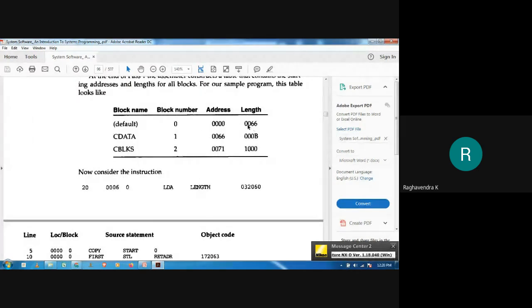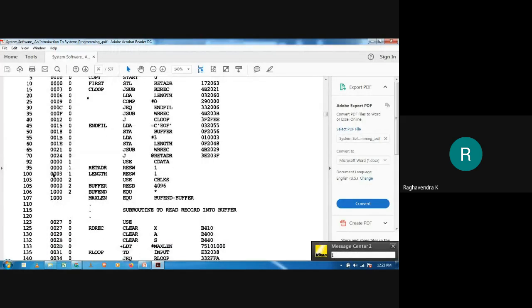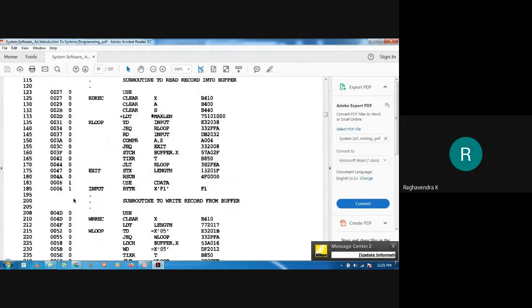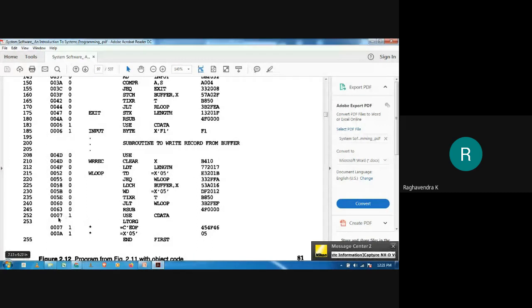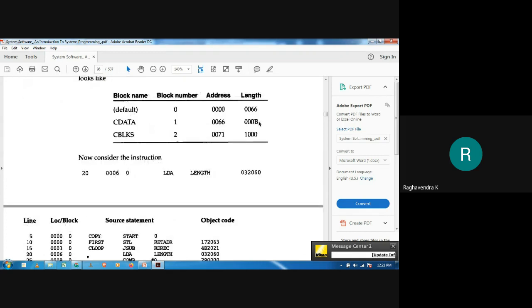So the length is 0066. Similarly, C data. Okay, so C data started here, 0, 3 was assigned, then it started once again here, 6. Okay, then there is 1 byte, so 7, and then C data 7 started, and then there is 1 byte, right? So I believe it is 007. Okay, two of them are there. So 000A plus 1 byte. I believe it is B or something. Okay, yeah, it is B, right?